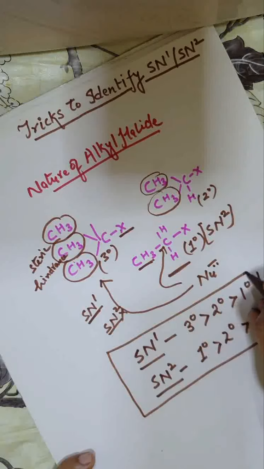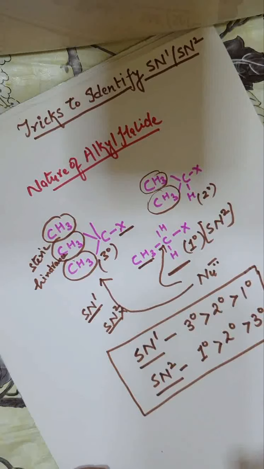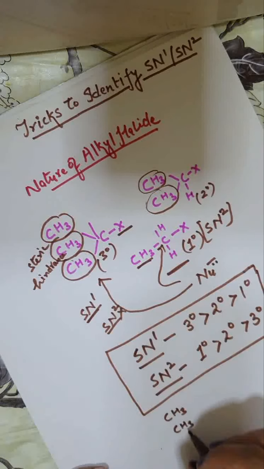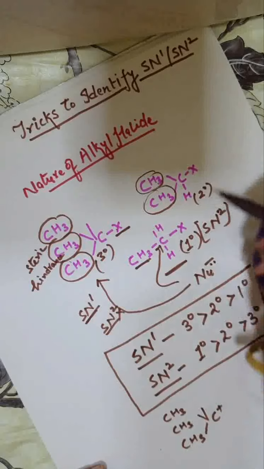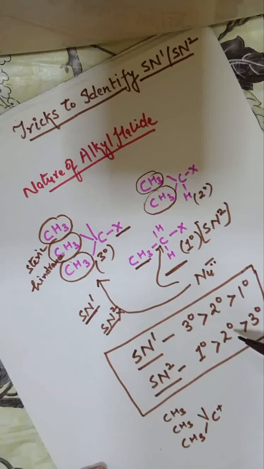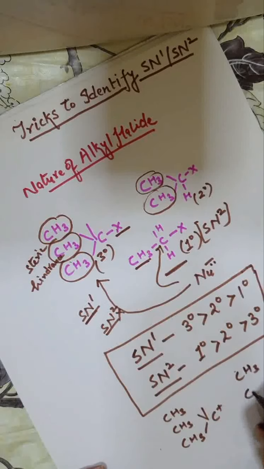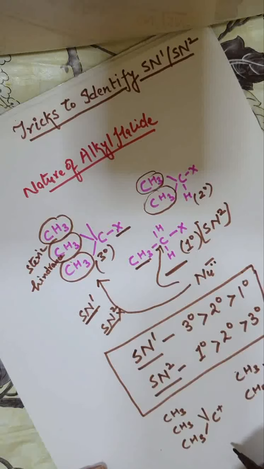First is the steric hindrance, second is the stability of the carbonium ion, which affects the mechanism of SN1 and SN2. Consider the tertiary alkyl halide. It will form a tertiary carbonium ion. As we know, the carbonium ion is formed as an intermediate state in the SN1 reaction. Okay. Come to the secondary carbonium ion. Secondary carbonium ion is formed by the secondary alkyl halides, and primary alkyl halides form primary carbonium ion.